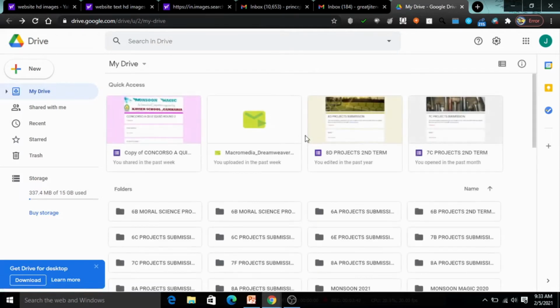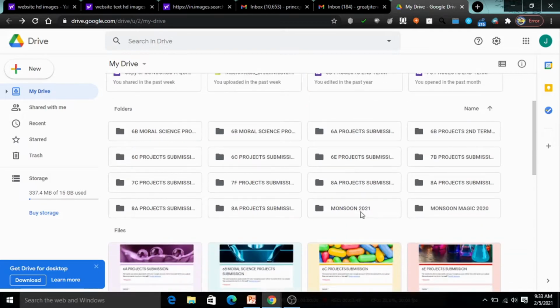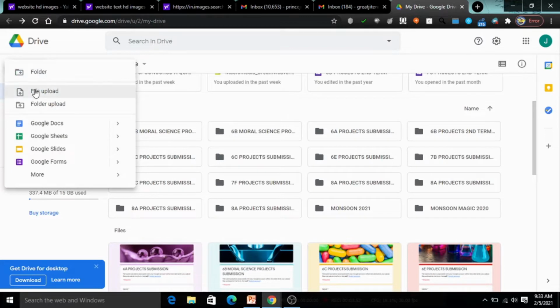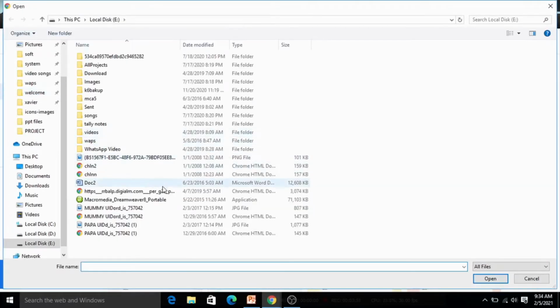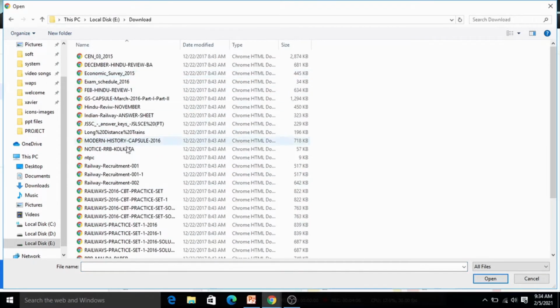Okay, now if I want to upload any file to this folder, for that we need to click on this New option, File upload, and we need to browse from our system. Suppose here I want to go to Downloads.